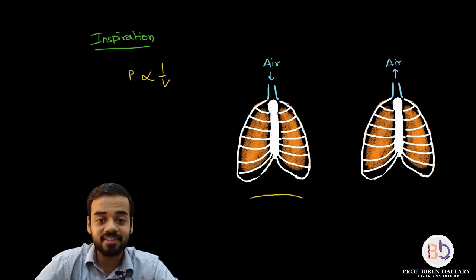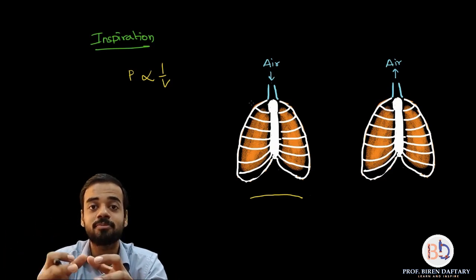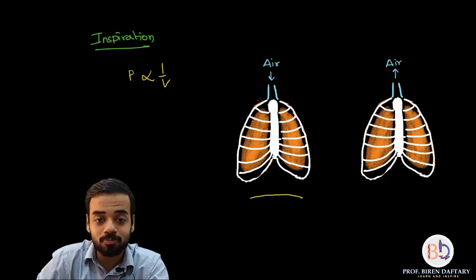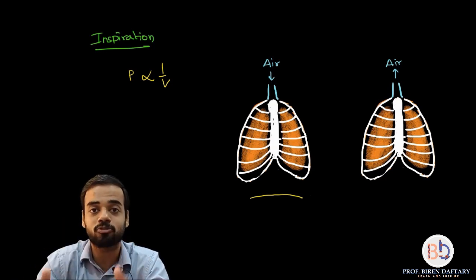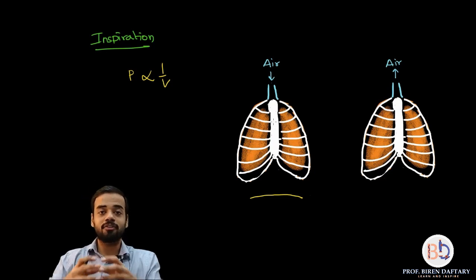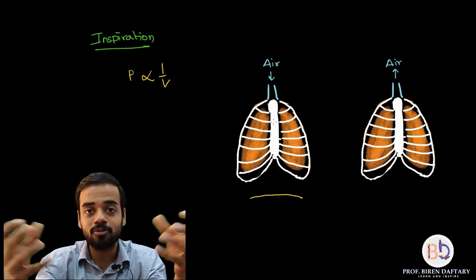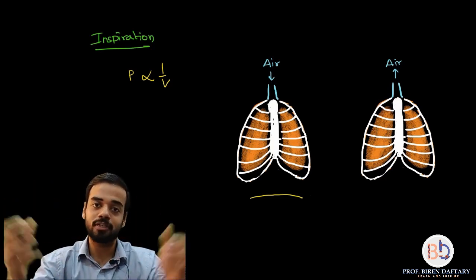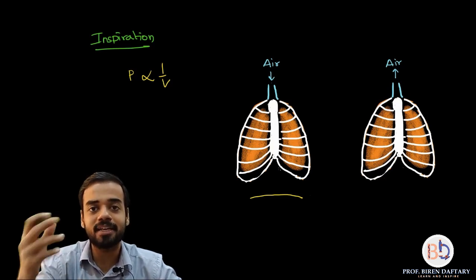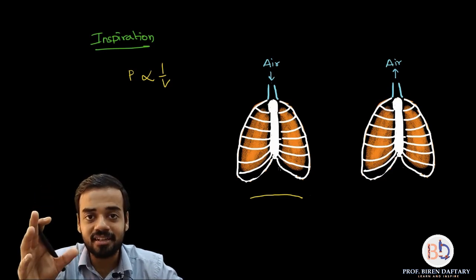So are you understanding why the air is coming inside the respiratory tract? Because pressure inside this thoracic cage has decreased. Why has the air pressure decreased? Because the thoracic volume has increased. Why has the thoracic volume increased? Because both the muscles have contracted and they have made more space. Is this clear? So now all your alveoli are filled like balloons, so they will expand. If the alveoli inflate, the lungs will also inflate. But there is space for the lung to inflate because that arrangement has already been done by both the muscles. Is this clear?